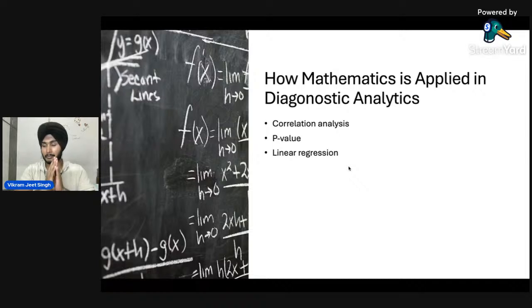Then we take the sum of the product of the differences between each value. Let's say there are 10 values. We take the difference between that value and the mean value, and multiply it with the same done for the other value. Then we take the square of that and under-root it, and via this we are able to obtain the value of the Pearson correlation.